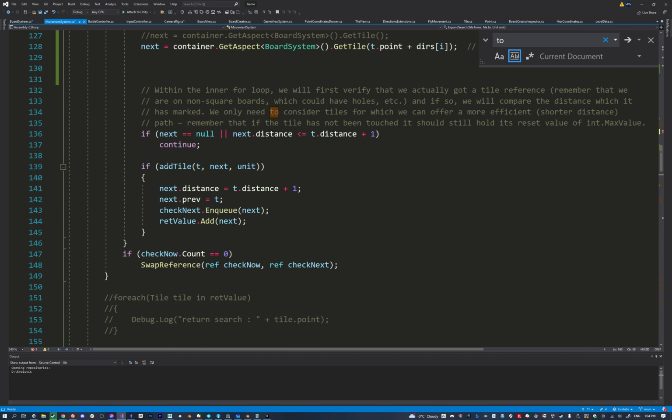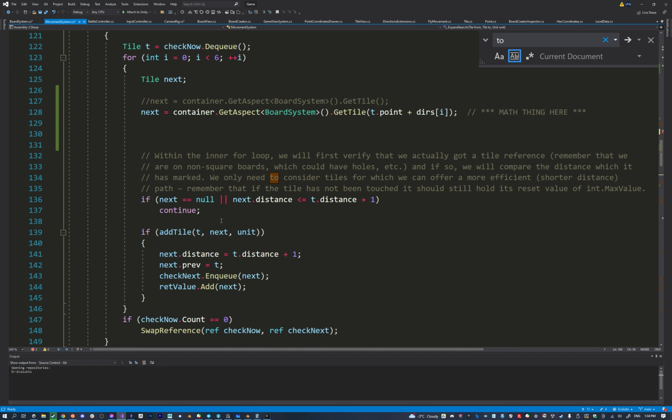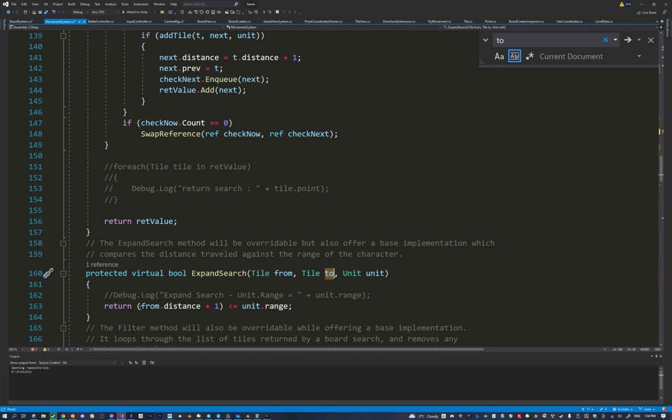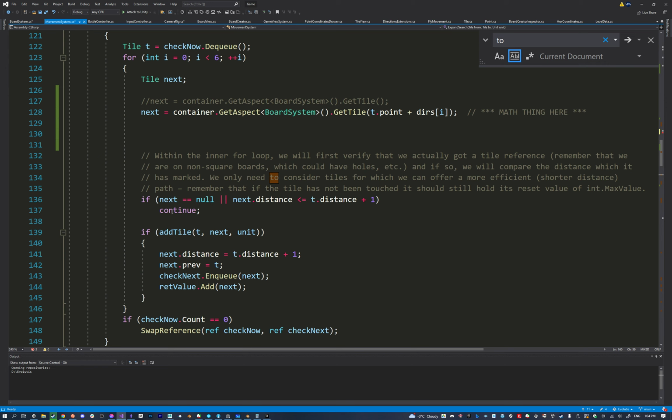Where's the add tile? I'm adding T. T is the current one. So the current one, current tile dot distance plus 1. If that is smaller or equal to the unit range, the current tile plus 1, from is the current tile plus 1. If there's still room to move,